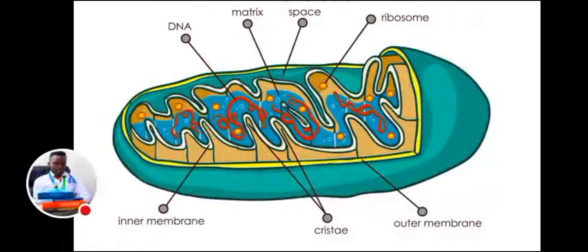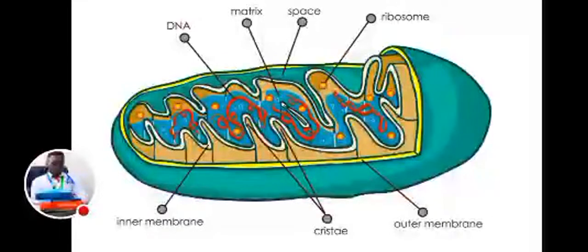Then alpha-ketoglutarate is converted to form succinyl-CoA. The enzyme that converts alpha-ketoglutarate to succinyl-CoA is called alpha-ketoglutarate dehydrogenase. Then from succinyl-CoA to succinate, the enzyme that does the conversion is called succinyl thiokinase. The conversion of succinate to fumarate is done by the enzyme called succinate dehydrogenase. Then from fumarate to malate, the enzyme that does the conversion is called fumarase. And malate is converted to oxaloacetate by the enzyme called